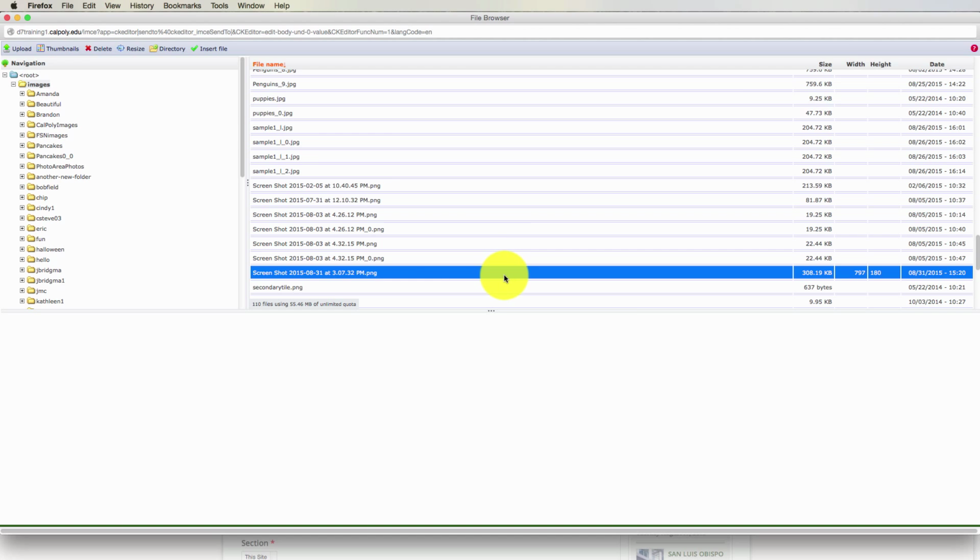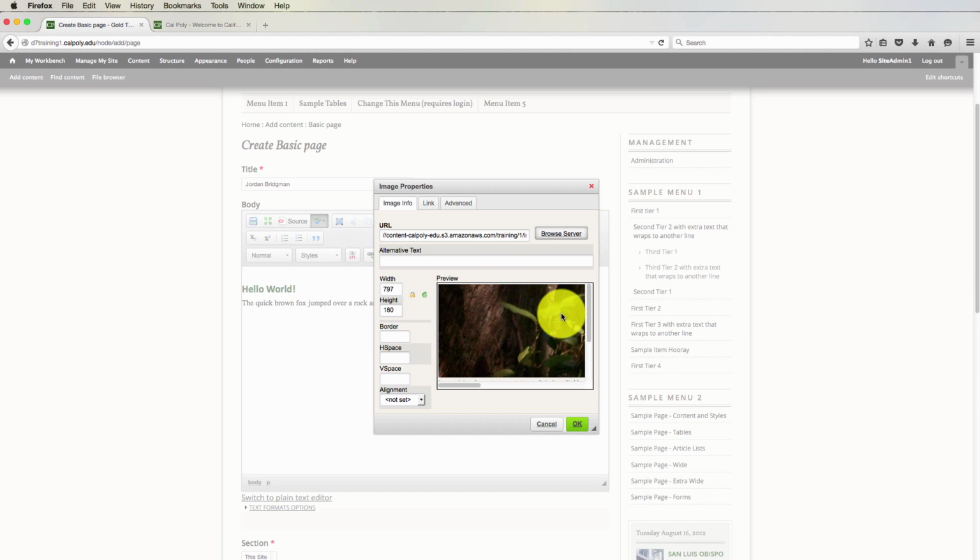Now since this is already selected, I can double click it and it will add to the website. It automatically populates with width and height based on the size of the image, but you can adjust those if necessary to make the image smaller. You could also make it bigger, but I wouldn't advise that as it could cause pixelation and loss of quality.